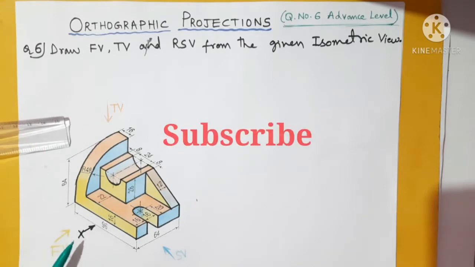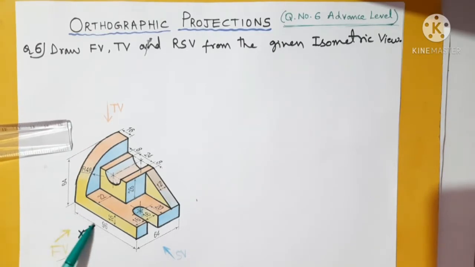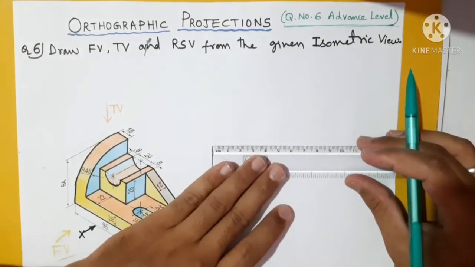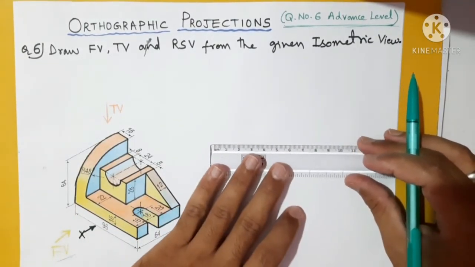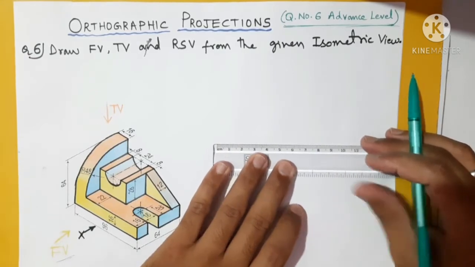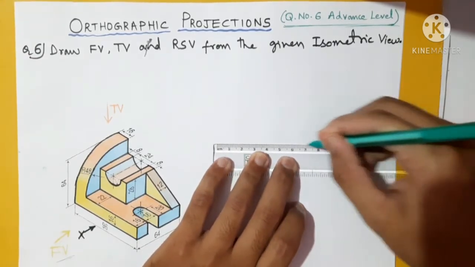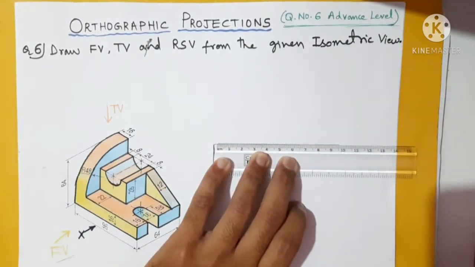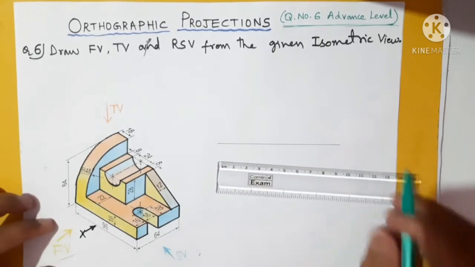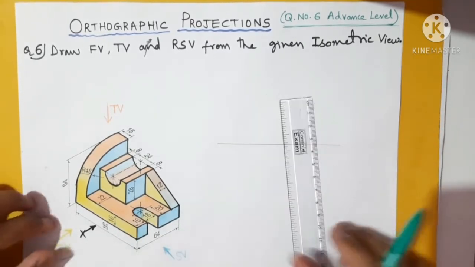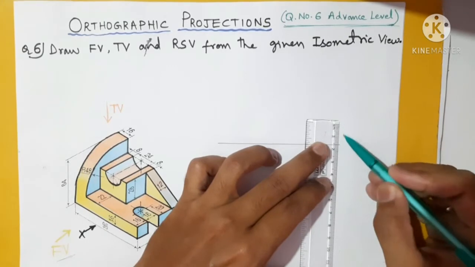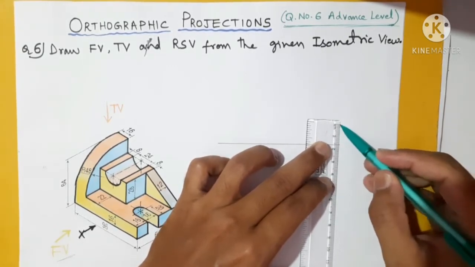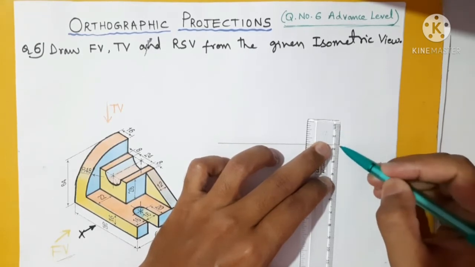In the front view, if you see here, they have given 96 mm width. So let us draw a line of length 96 millimeter. So here we will take 96 millimeter like this. In this way we have taken a 96 millimeter straight line. After that, this thickness is how much? 16 millimeter. So from here, this is 10, 5 and one more will give you 16. So 16 mm height also we have taken.